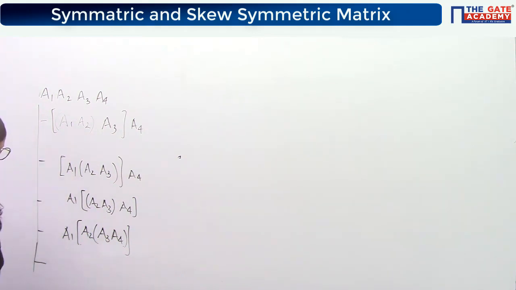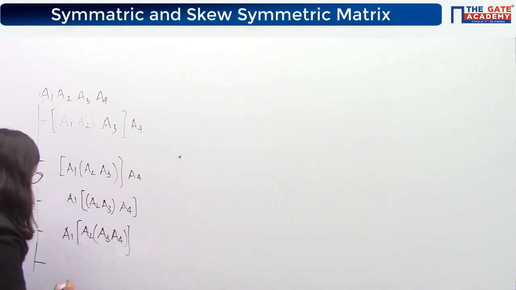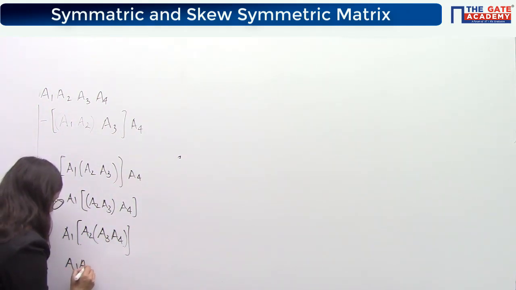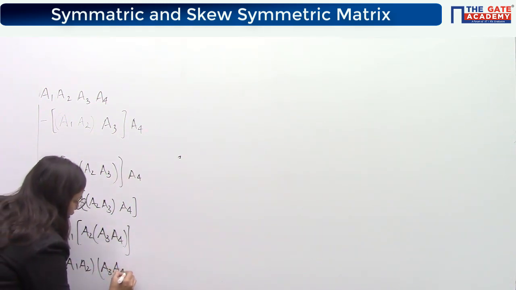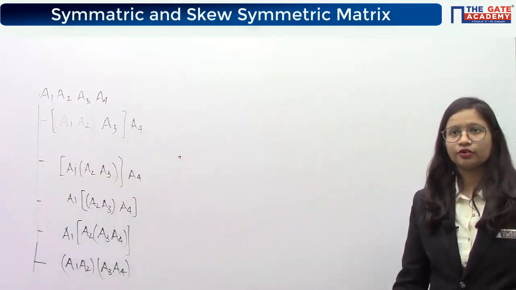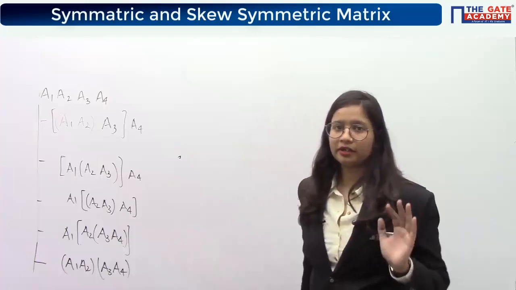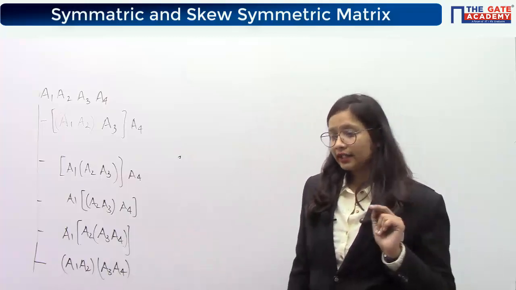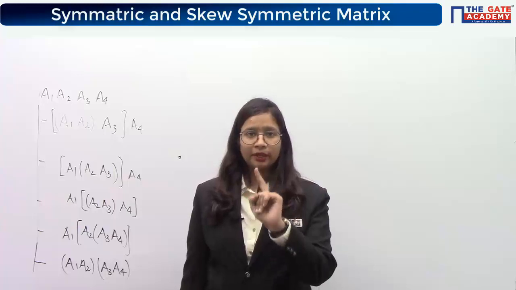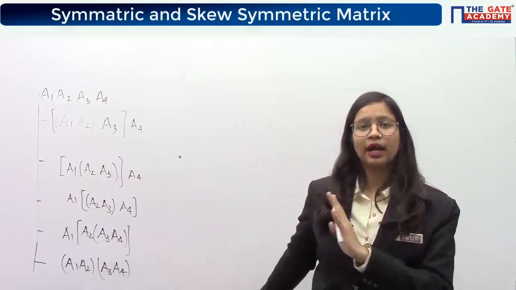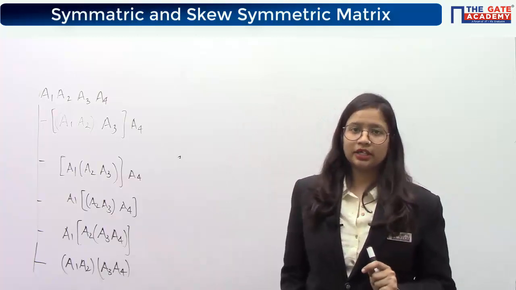And the last way in which this multiplication can be done will be A1, A2 multiplied together, and then this is multiplied with the product of A3 and A4. Total 5 ways are there to multiply all these matrices. Now, again the same question, the minimum number of multiplications is asked. So if you go and check one by one, then it will obviously take a lot of time to calculate the number of multiplications.